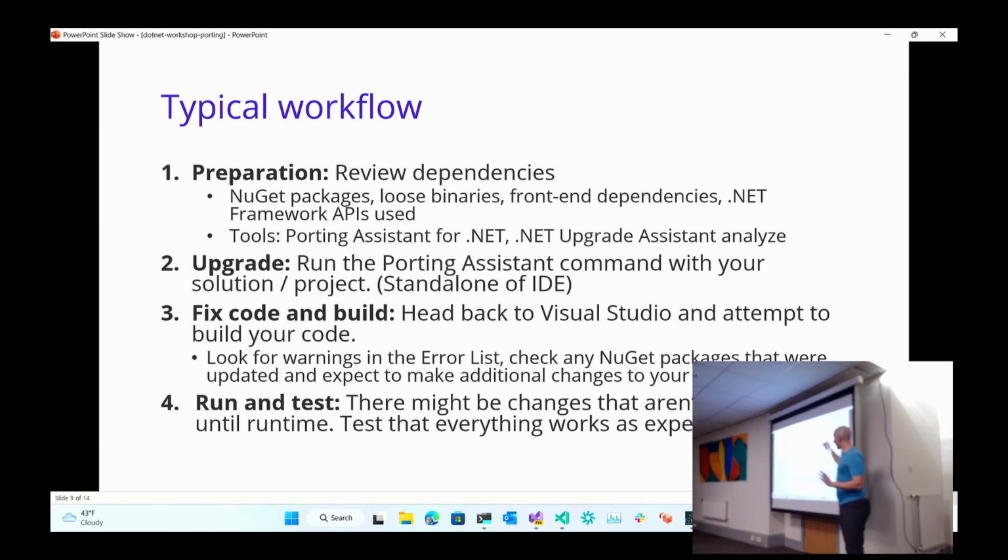So if I lay it all out like this, does it seem like it's terrifying still? The only thing that's really terrifying is this one, in the grand scheme of things. There's a tool that helps you do this. And this one is just testing, which is going to suck regardless, right?